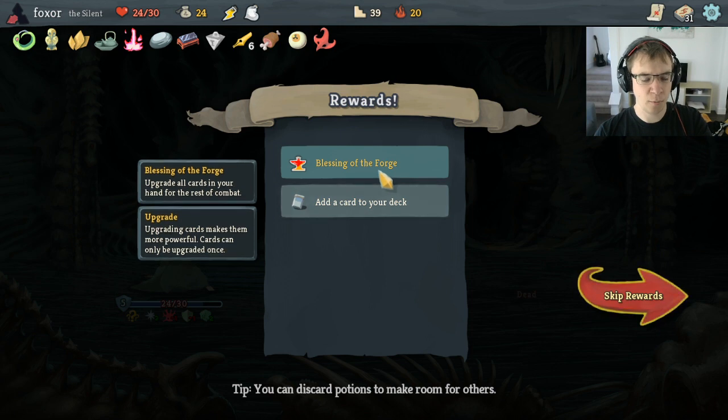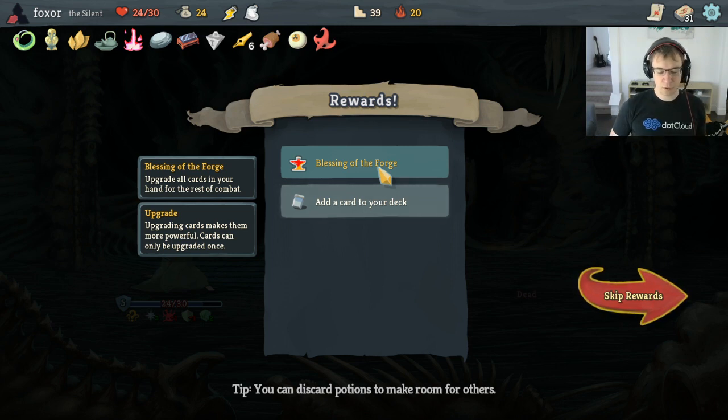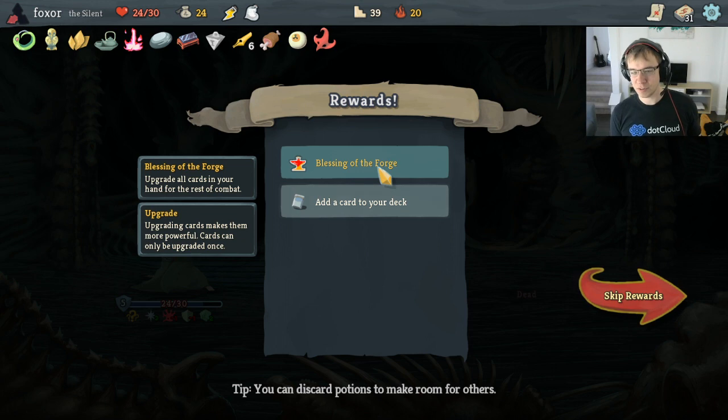Blessing of the Forge is great. We honestly might need to carry a Blessing of the Forge into like the second boss fight. We're probably okay without a Catalyst combo against Awakened One. Honestly, Awakened One might just kill us though. We might just need Catalyst combo to get through it. But the really dangerous one is Time Lord. Time Lord's super dangerous for